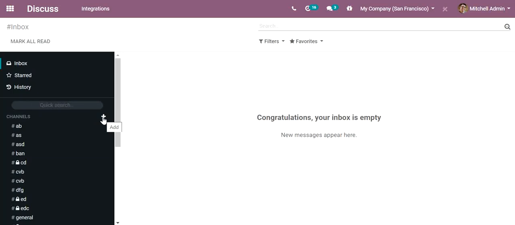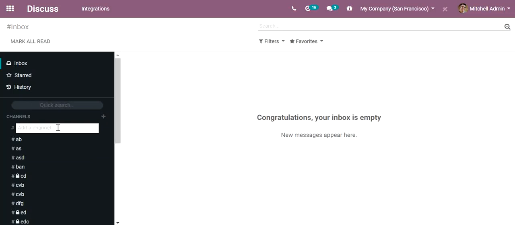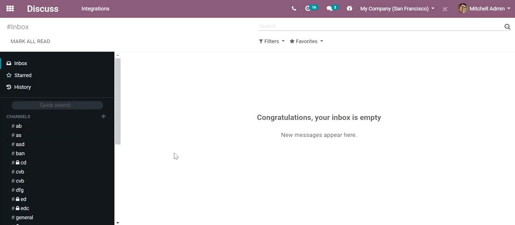When we click on the plus button here and enter the name of a channel, we can choose whether we need the channel to be public. You can click on public. If you want it to be private, you can click on private. So our channel is created like that. The difference between them is that a public channel, as the name itself says, is visible to everyone, but a private channel can be seen only by invited users.